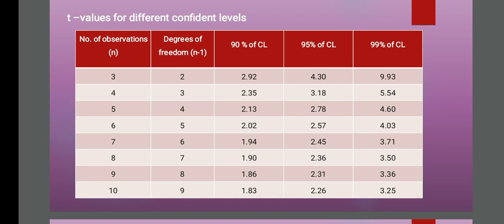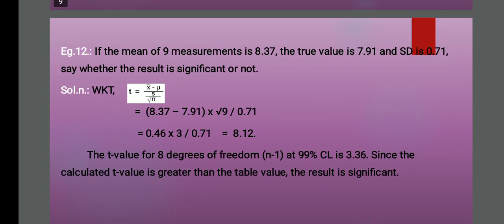Is it clear? So now I'll go with the problem. We can check the thing. If the mean of 9 measurements, meaning 9 times they have done, is 8.37 and the true value is 7.91 and the standard deviation is 0.71, say whether the result is significant or not. I'll repeat the problem. The mean value is given, it is 8.37 for 9 observations, and the true value is 7.91, standard deviation 0.71. So if you substitute the values, you get the answer as